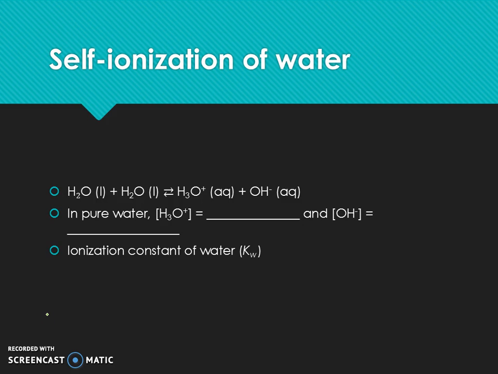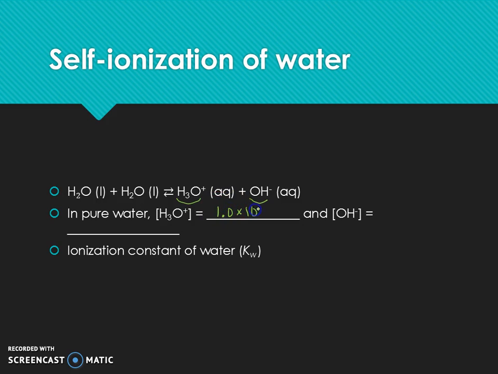There we go. Okay, so we've already talked about this, but let's talk about it again. Water will self-ionize. What does that mean? It means that if you get two water molecules next to each other, they're going to trade off a hydrogen ion. So from two water molecules, you end up with a hydronium ion and a hydroxide ion, right? In pure water, the concentration of hydronium ions will be equal to